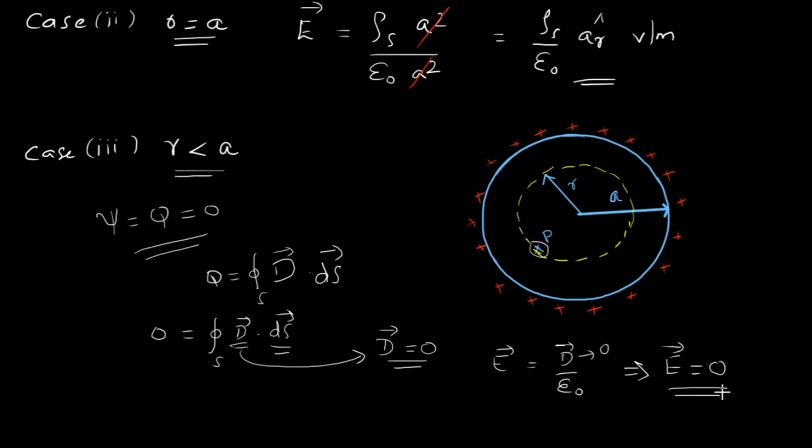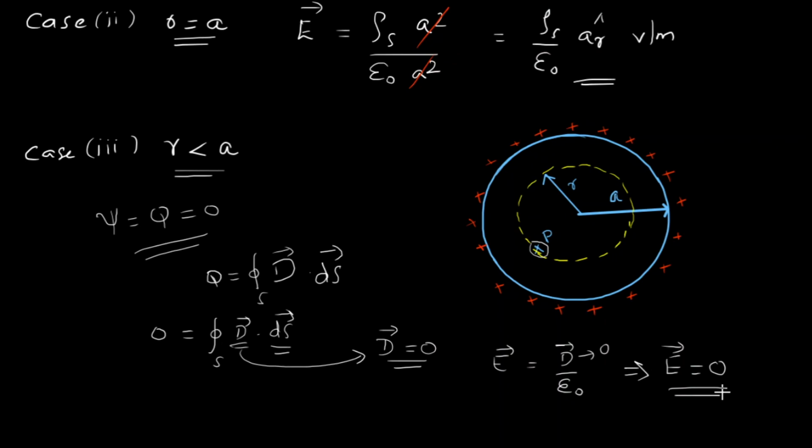This was also proved by Faraday using Faraday's experiment. He proved this by taking two concentric spheres and the charges moving from one sphere to the other sphere, and the field inside the inner sphere was found to be 0. You can learn more about this by referring to standard textbooks, or by referring to Google. Or if you have more doubt on this, you can contact me also, but I am not including those facts in my video.